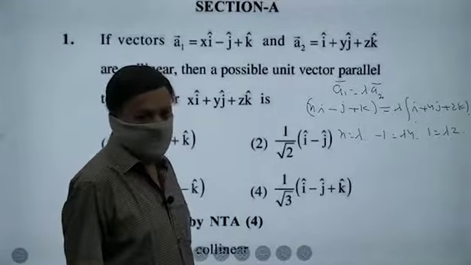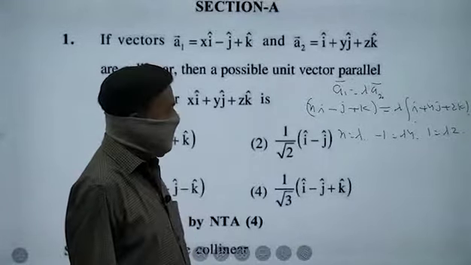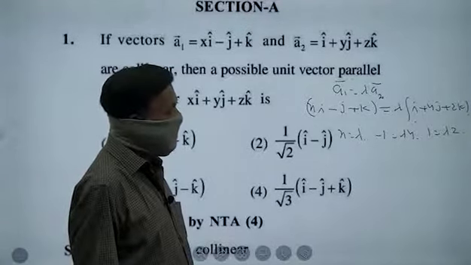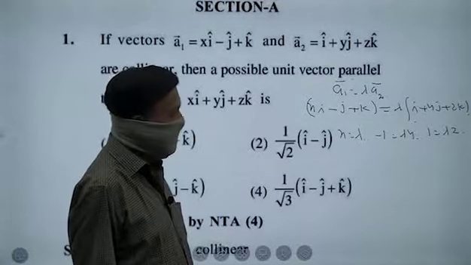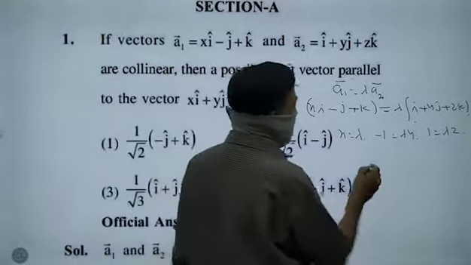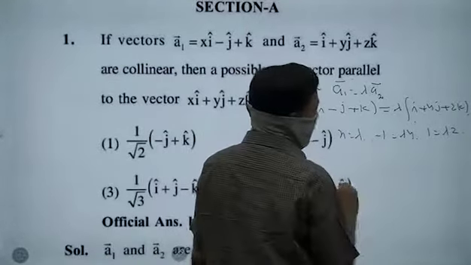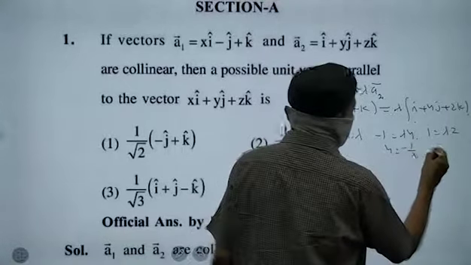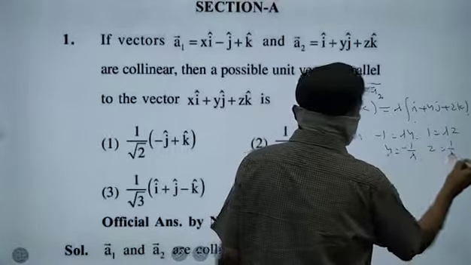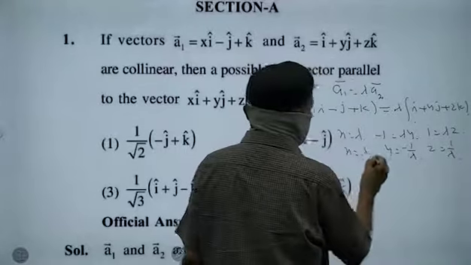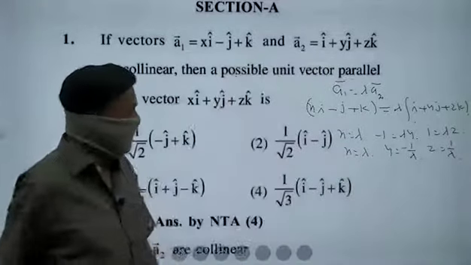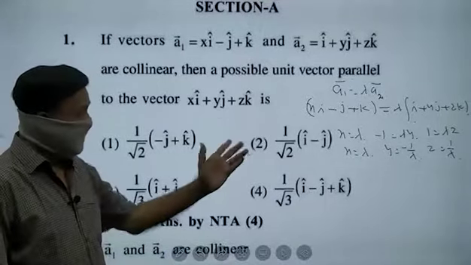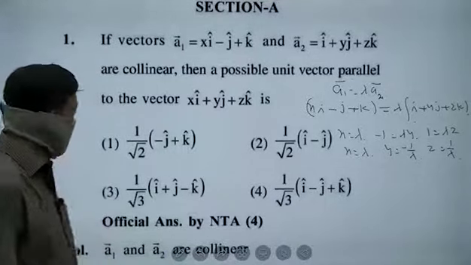You will get like this. x is equal to lambda, minus 1 is equal to lambda y, 1 is equal to lambda z. So, everything in terms of lambda you got. y will be equivalent to minus 1 by lambda, z will be 1 by lambda, x is 1 by lambda like this. Right? Okay, follow. So x, y, z are like that.